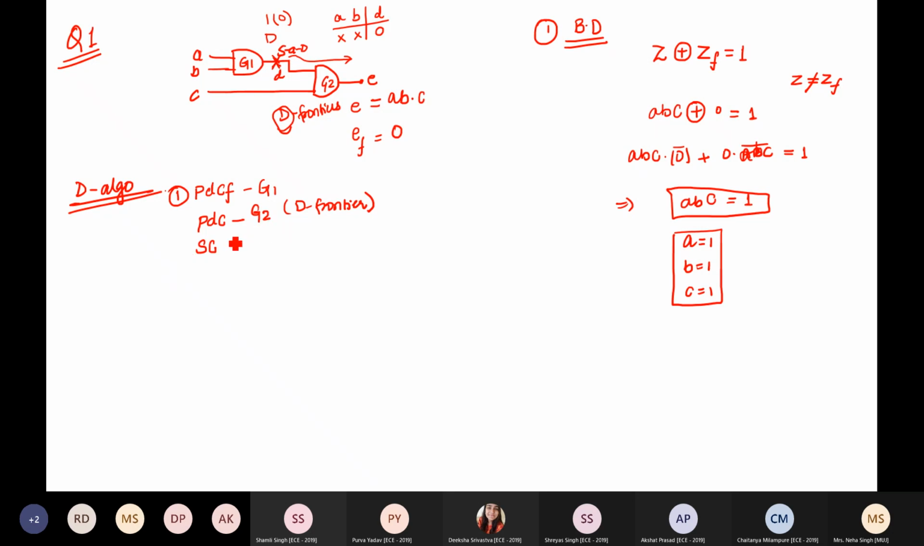To obtain this PDCF, I need to look at the singular cube of this gate, that is your AND gate. So I put the inputs as D, C and the output is E. If you remember your AND gate,